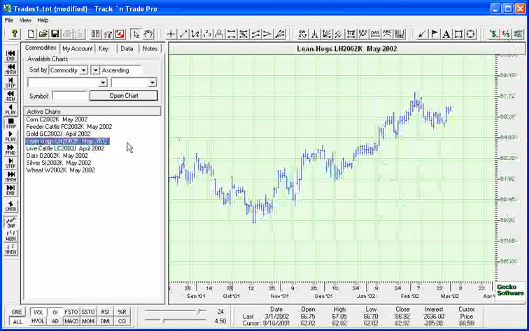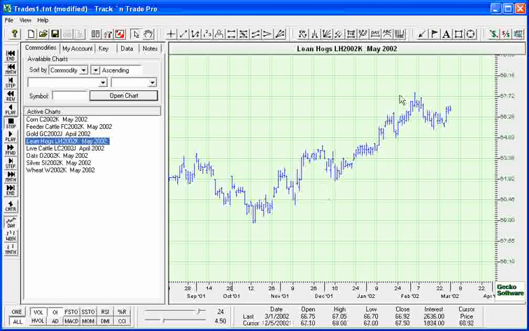Let's go on to lean hogs. What do we see in lean hogs? That's a nice uptrend. Look at this uptrend, right up there. That's pretty sweet uptrend right there. It's come down and it's hit that 1, 2, 3, 4, 5, 6, 7, 8 times. And now it's gone on the other side though, so maybe if we were looking at here again,